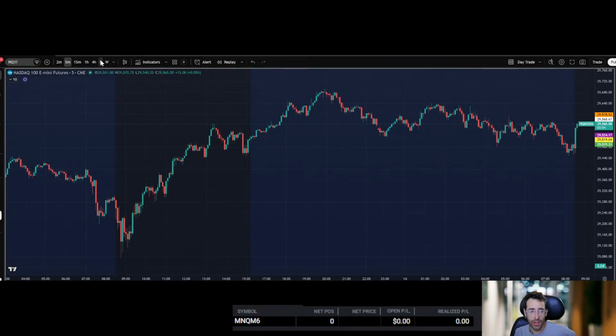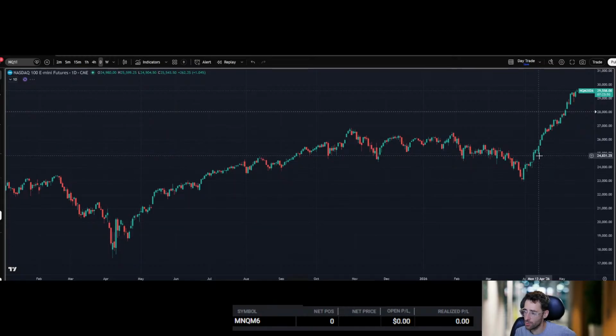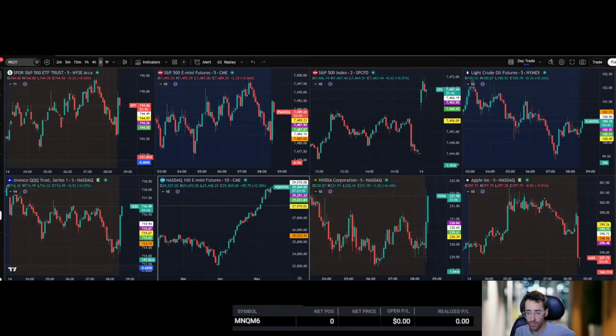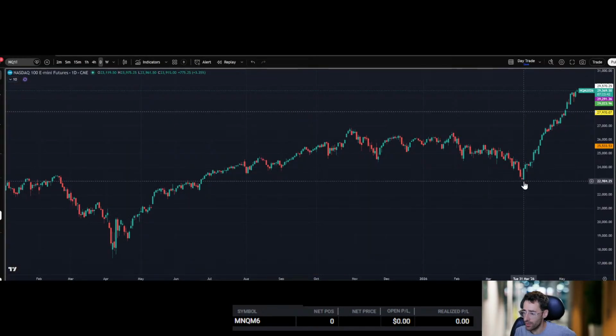And if you look here, we're very strong. This is the daily chart. Every single candle represents one day, and you can see that since March 26th, unlike anything I've ever seen in the past 6 years, we've just gone straight up. It's a little sus. I don't know if I believe that the market should be valued at that, but that's how the market's trading. So that's how we've got to trade it.